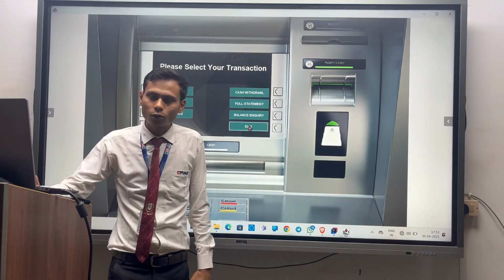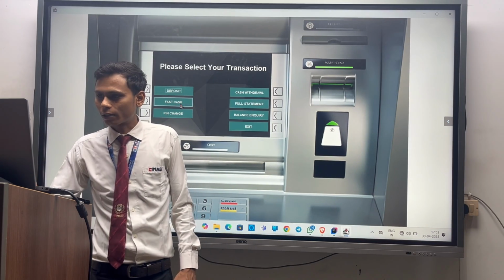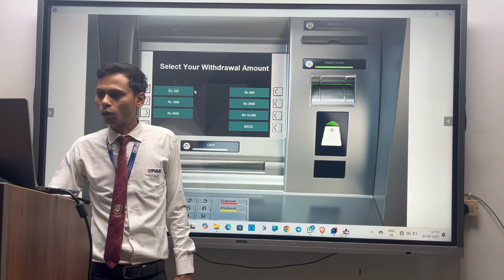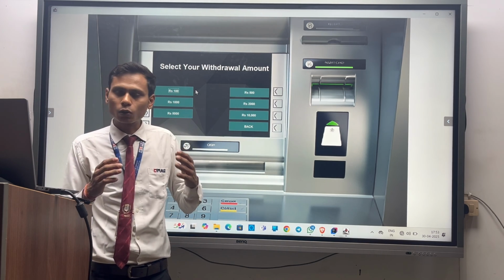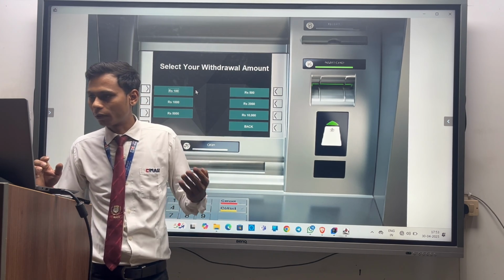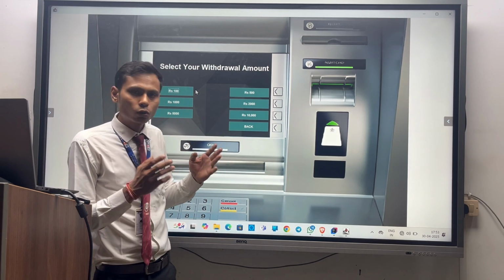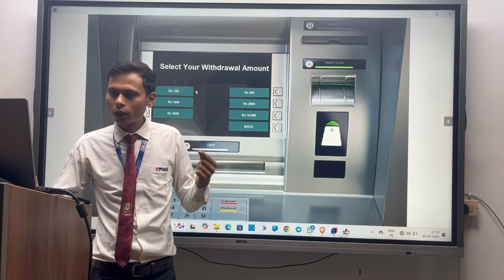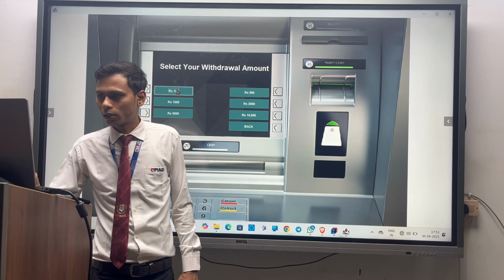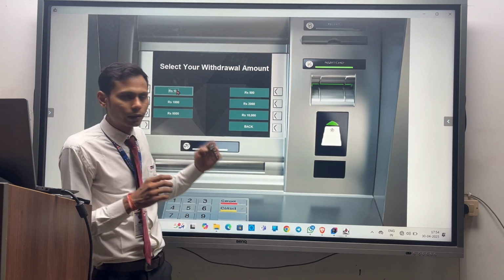Let's do some transactions over here. It's a fast cash option. If we want to withdraw a fixed amount like 100, 500, 1000, 2000, 5000, we can perform it easily with one click. Suppose I want 100 rupees.